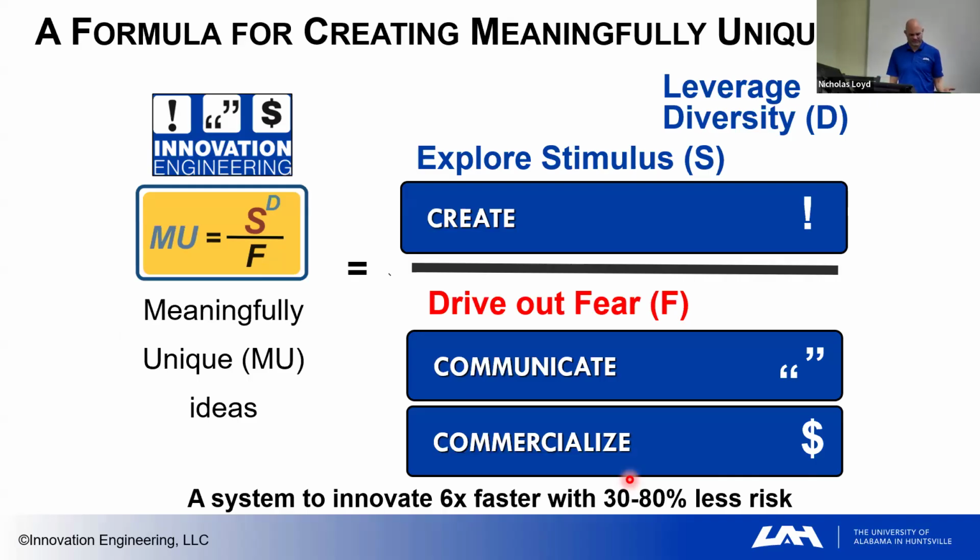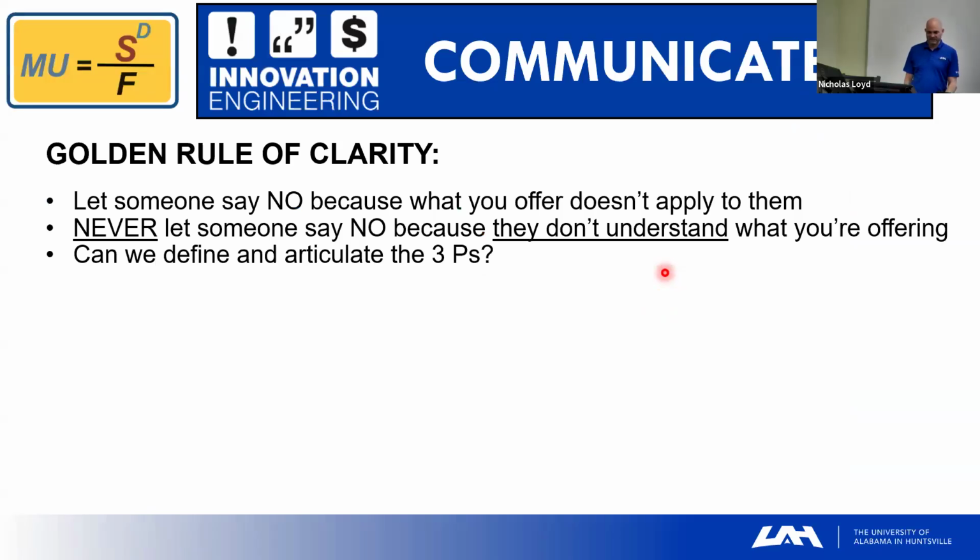And if you struggle with, is there a customer, does it solve a problem, then make it start again. Then I think you're choosing 2 at the end of phase 1. So up until now, you've really done this top part of the innovation equation, creating ideas by introducing stimulus, using a lot of tools, leveraging diversity, and starting to communicate to help drive out fear. So part of the communicating process is the left side of the yellow card. Are we solving the problem? Then we'll get into the commercialized phase today, and both of those will help us drive out fear.